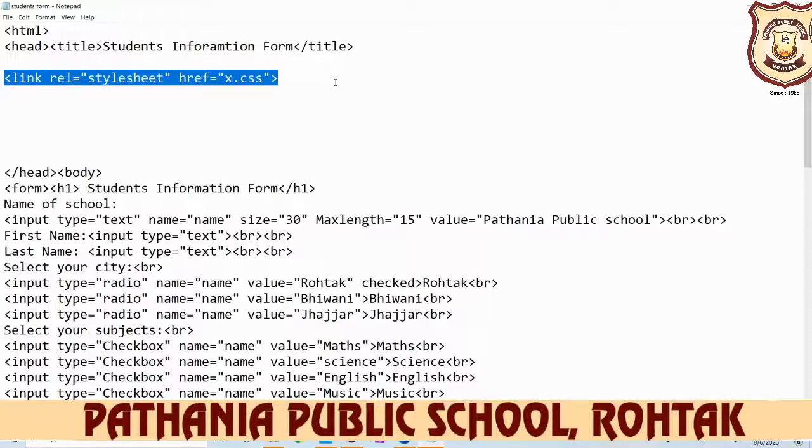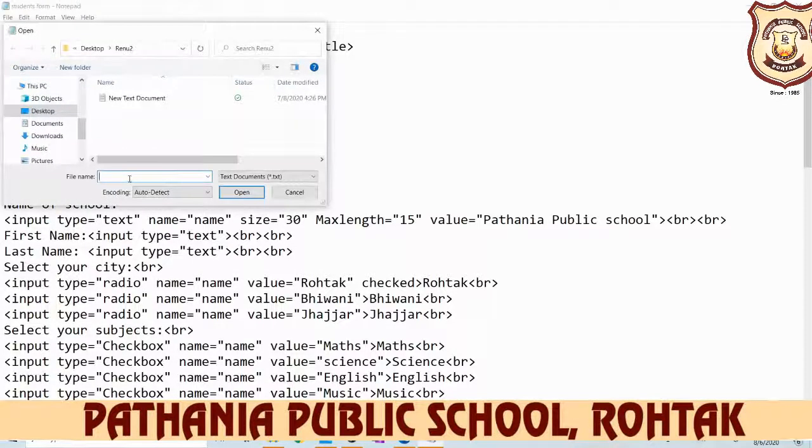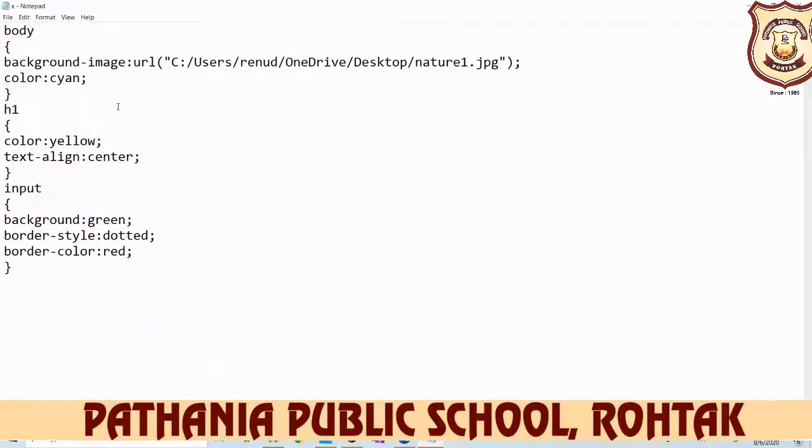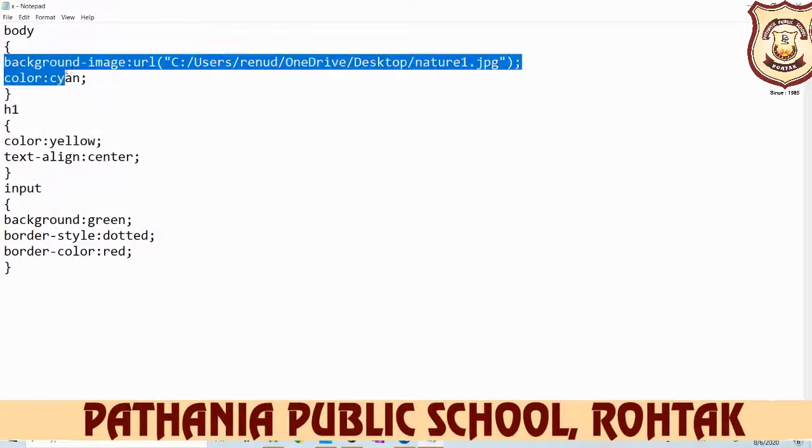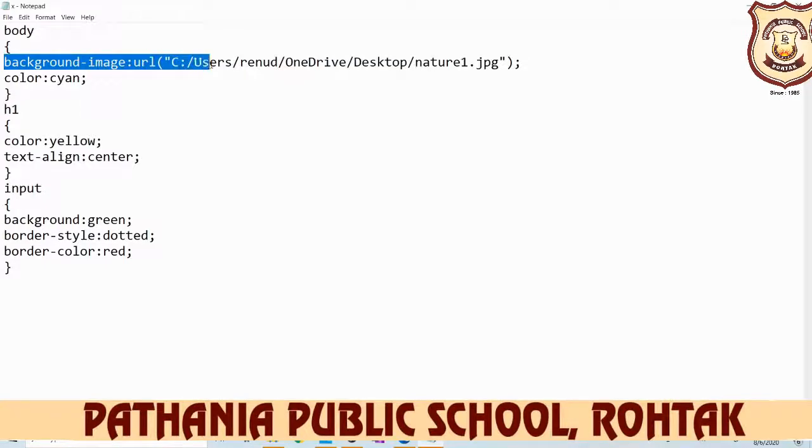Clear, beta? And if you want to, for example, again open your CSS file, 10th.css, and for example we want our input box background image. We want our input text box background to be an image.